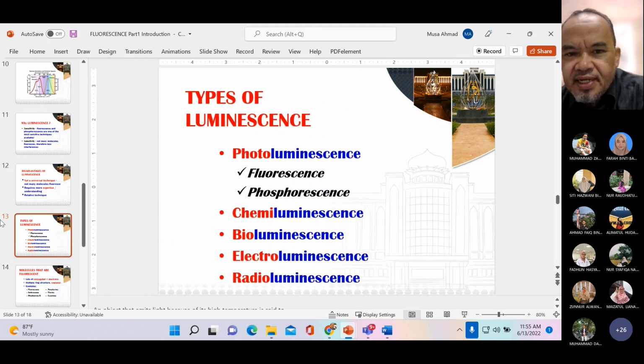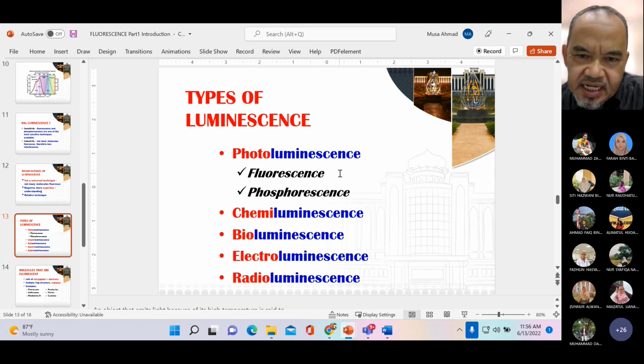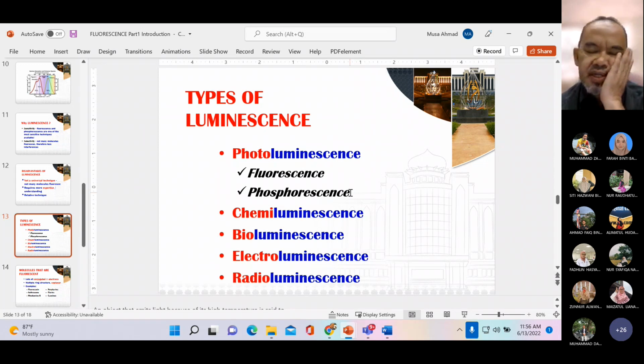On the types of illumination, what Iris mentioned earlier, we have photoluminescence. Photoluminescence is because luminescence is produced when we give light to the molecule. The molecule absorbs the light, absorbs photons, and produces fluorescence or phosphorescence. Fluorescence is because the electron is still in a singlet state. Phosphorescence is because the electron is in a triplet state. I want to explain what is singlet and what is triplet, so by now hopefully you should know that.